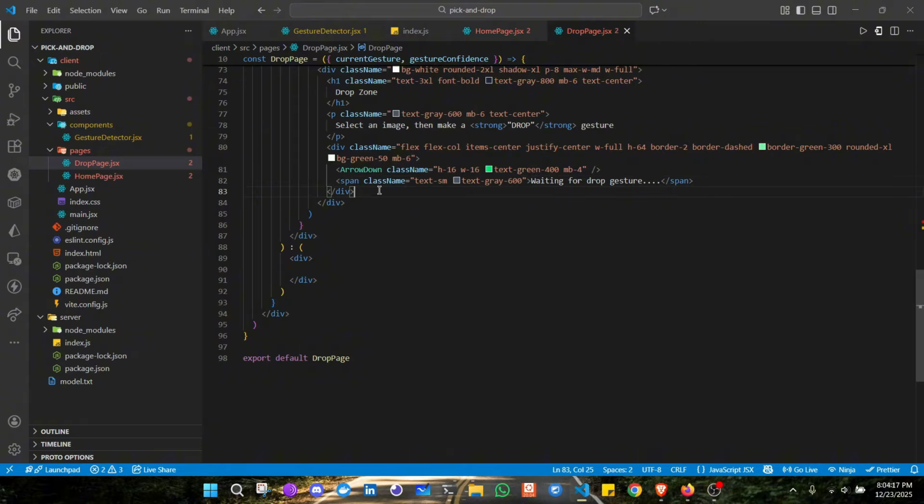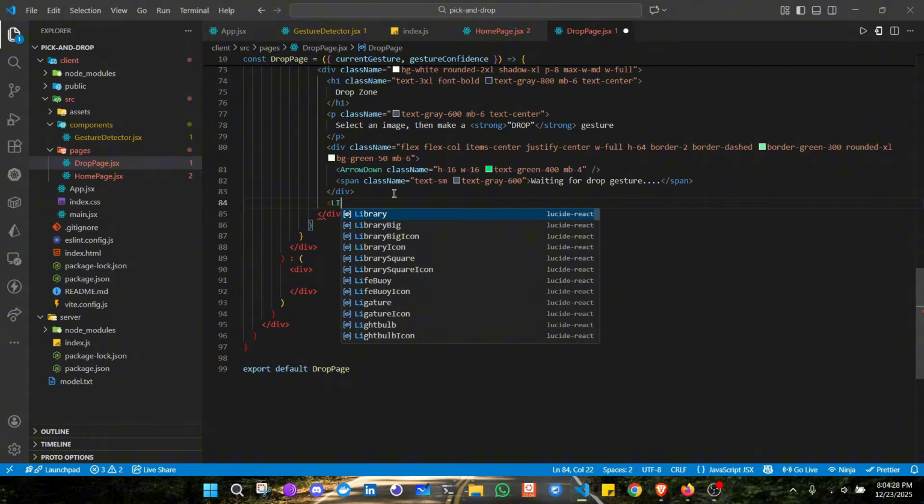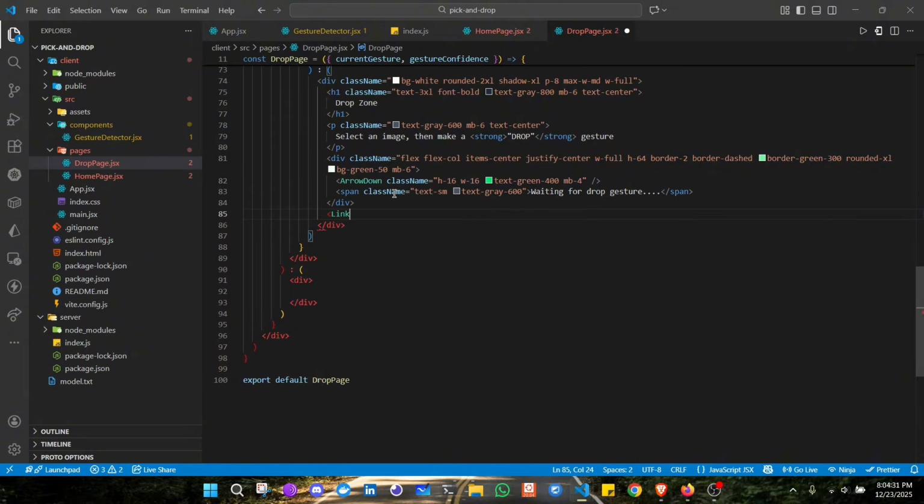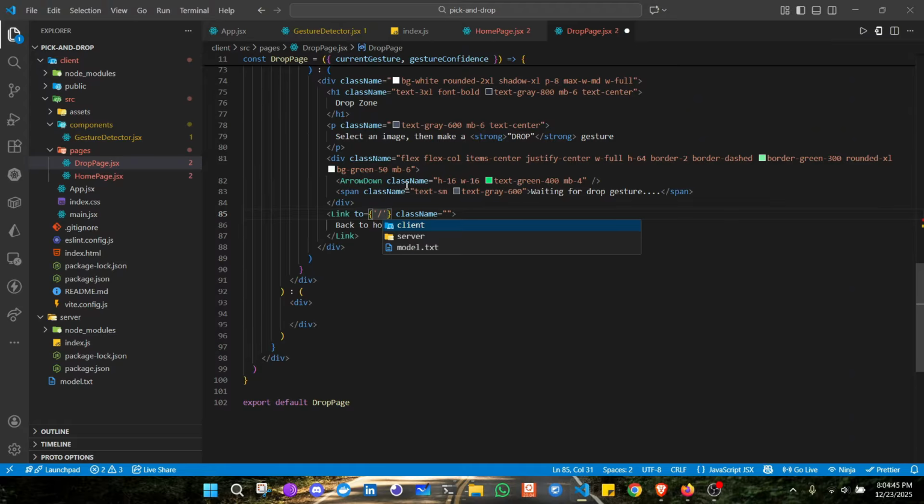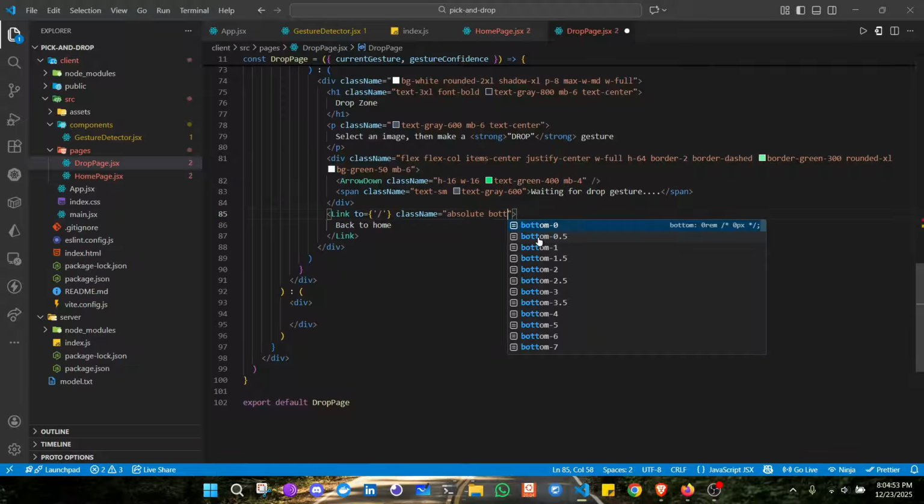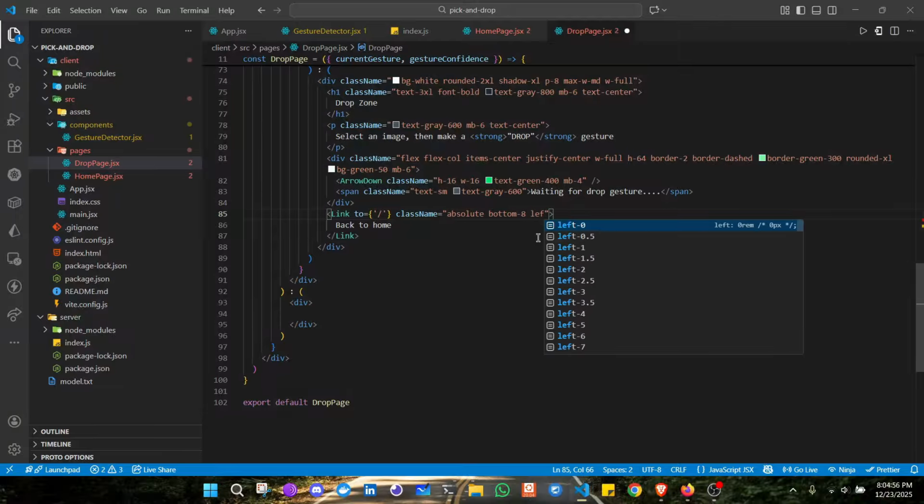So let us create another thing, that is to navigate back to the home page. We need a link tag. So below this div, create a link tag, import it from React Router DOM, say back to home, and give this a class name. Also remember to put the link path, that is slash or the home or the root route, and the class names will be absolute, then bottom of 8, left of, let's say, 1 by 2,